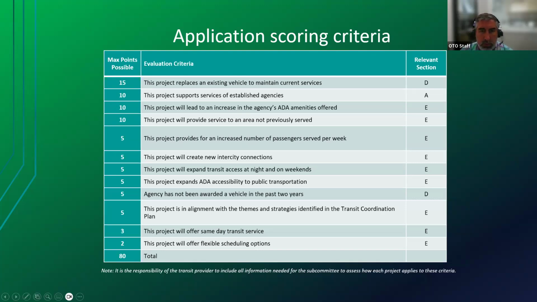So that will be scored by our local coordinating board for transit. We'll score that, and then we might not give the full 10 points, depending on the answers to the questions. And then the same as the intercity connections, that's up to 5 points. And then lastly, the project aligns with the strategies of the transit coordination plan, that's also up to 5 points.